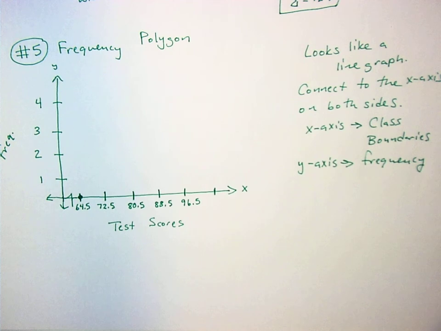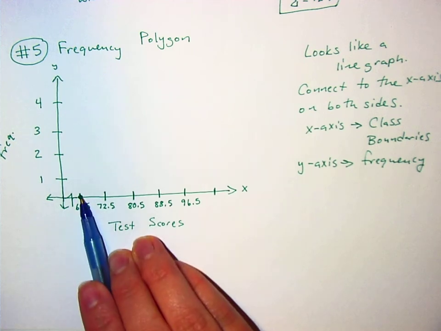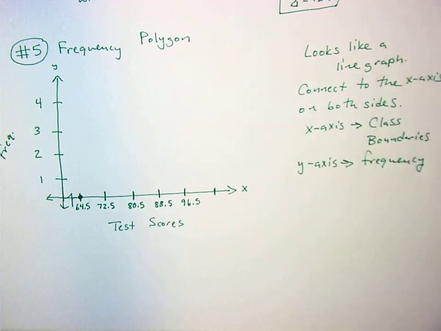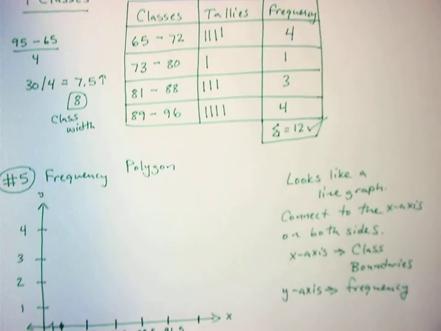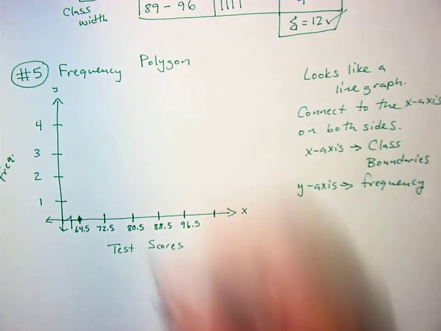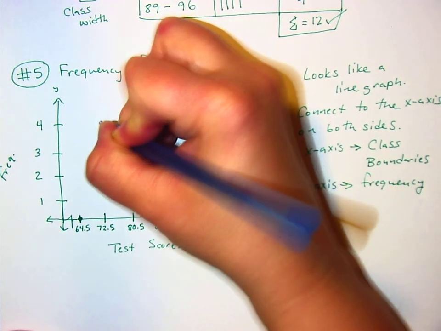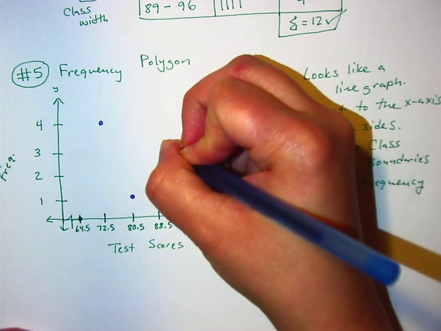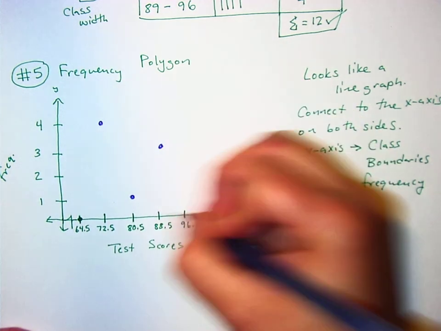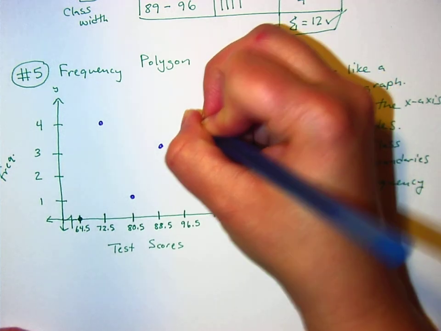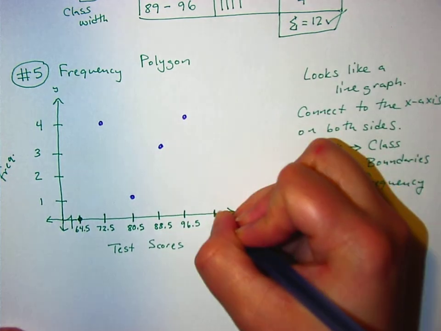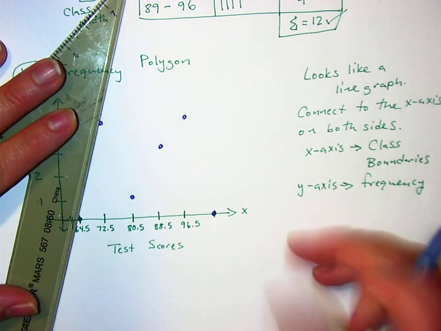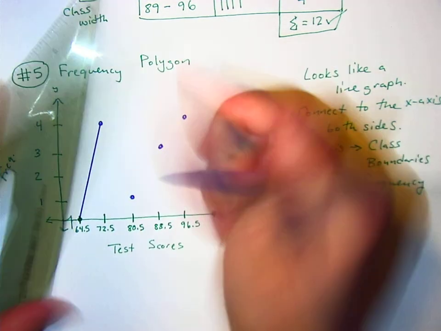Okay, so if I start right there, then the next one, so you're basically going to put the point on the upper half of the class. So my first frequency is 4, and then 1, and then 3 and 4 again. So on this one, I'm going to put a dot on 4. On this one, a dot on 1. Here, a dot on 3, and then a dot on 4 again. This is why it's so much easier on graph paper. And then my final dot is going to go back down to 0. And then you connect them. This is where the word polygon comes in, where it looks like